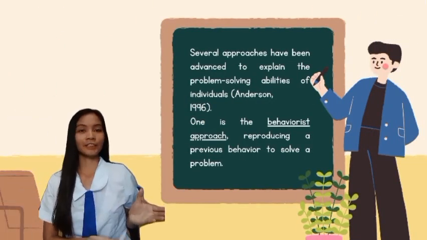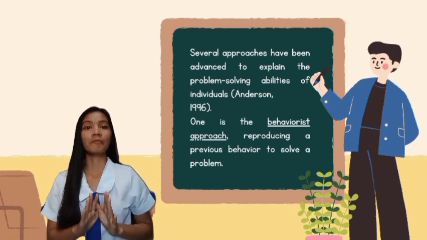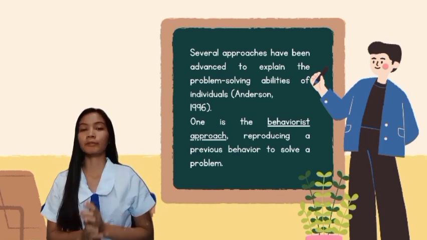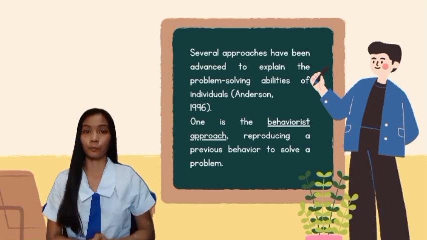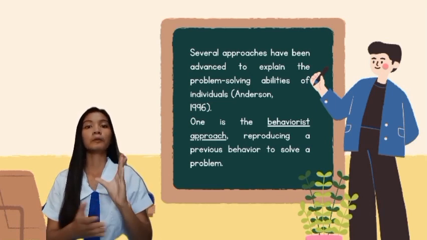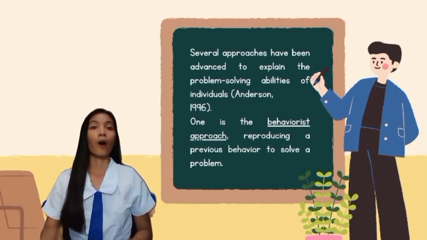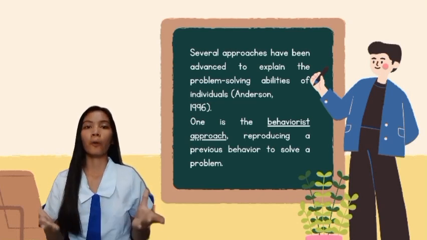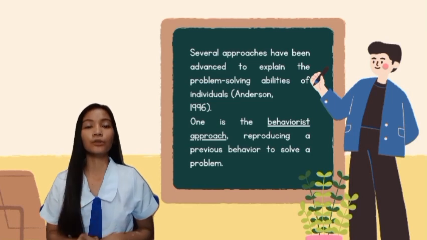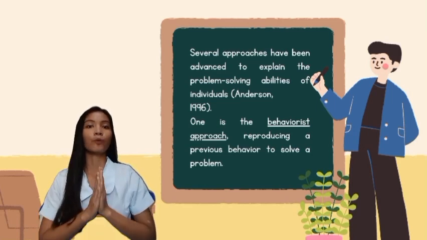Here are the approaches to problem solving. Several approaches have been advanced to explain the problem solving abilities of individuals. So, one is the behaviorist approach, reproducing a previous behavior to solve a problem. So, a person faced with a problem solution is likely to use the same solution previously used and was effective